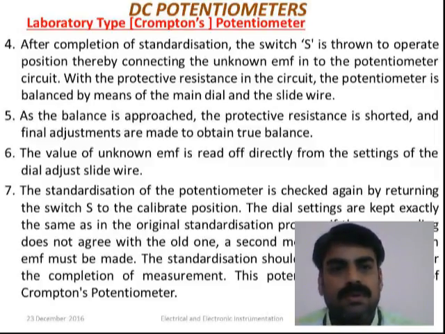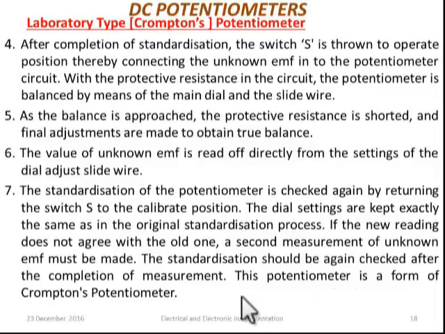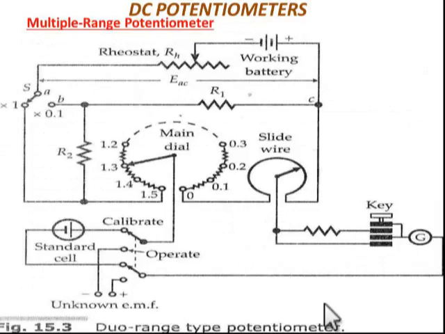So with this, the standardization process, the completion of measurement, this potentiometer is a form of Crompton potentiometer. Now, next what we are going to do, this basic arrangement is shown only for one particular range. Let us see how this DC potentiometer can be used for more than one range. So here we are going to restrict ourselves only to two ranges, that is called duo range. Though the name is multi-range, here we are restricting ourselves only to two ranges, that is called duo range type